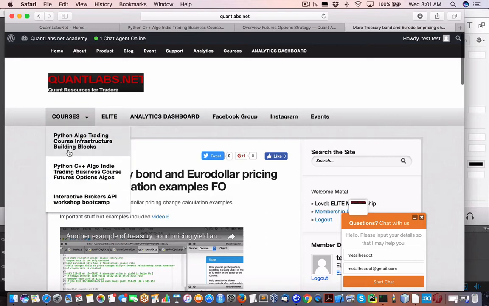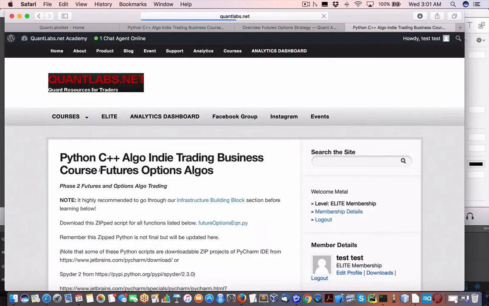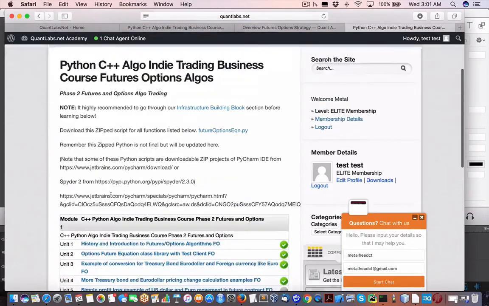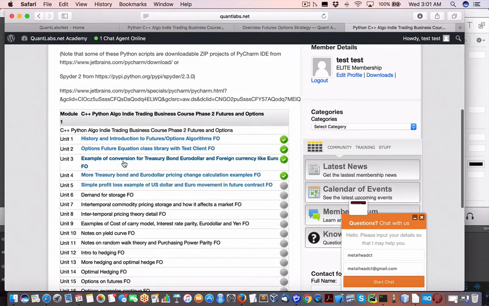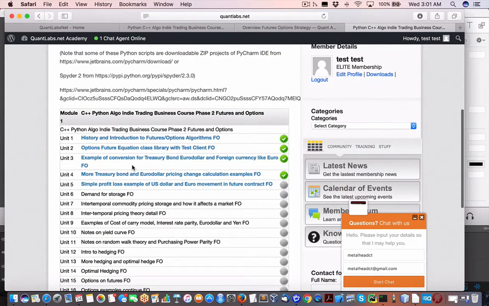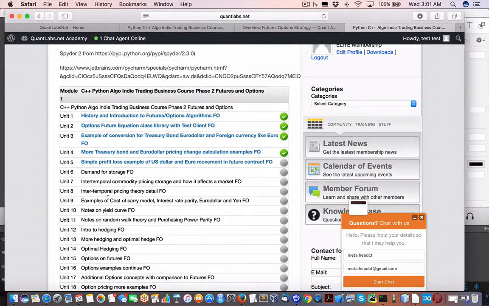So let's talk about the content. Typically, what we have here, as I said, is 24 units. We cover all the history of the futures market. Remember, the futures market has been around for 100 plus years before electronic trading came in. So the foundation of all trading is heavily influenced by what goes on in the futures market. And then they added the options market maybe a few decades ago. The beautiful thing about it is it enables you to watch a variety of things,